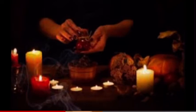So then you're going to make it a spell casting environment, okay? Cleanse it with something. Cleanse the room. Fill it with some incense smoke that corresponds with your intention. You can even make your own incense and burn it on a charcoal disc in your cute little cauldron or fireproof bowl. And just get a witchy feel to it, just to help you